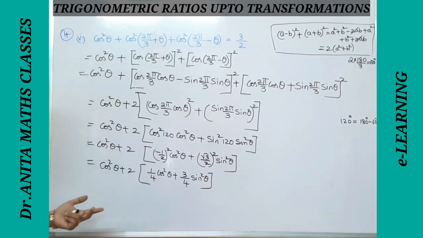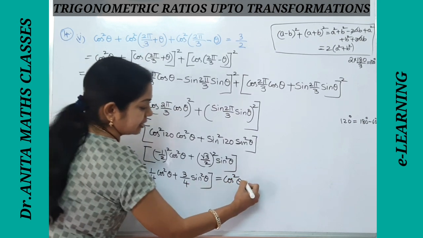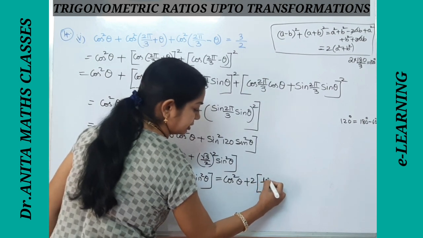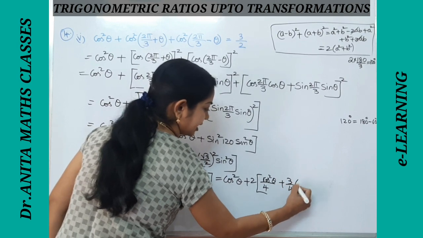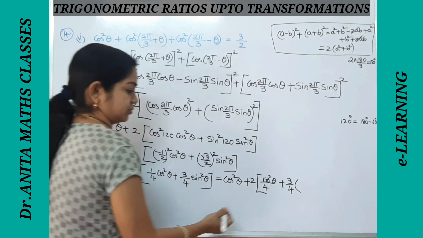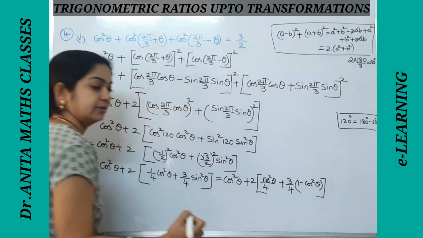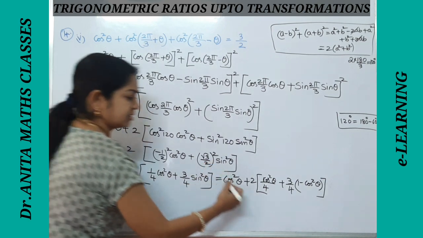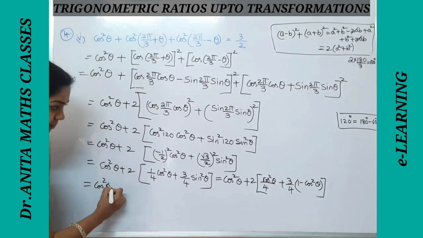Okay, let us shift this sin square into cos square again. So from the first identity I can take it as plus 2 into 1 by 4 cos square theta, plus 3 by 4 sin square, I can write it as 1 minus cos square theta from the first trigonometric identity. Sin square we can write as 1 minus cos square, because let us bring this complete equation into cos square.